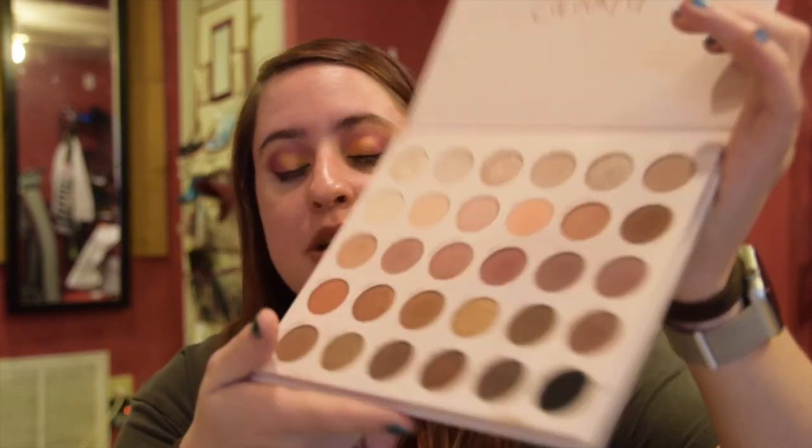And as probably no shock to anybody, coming in at number 1, the ColourPop Bare Necessities palette. This was the second mega palette that ColourPop released, but this was actually the last one that I got. But this is every neutral lover's dream and more, and it stops my heart every time I open it,